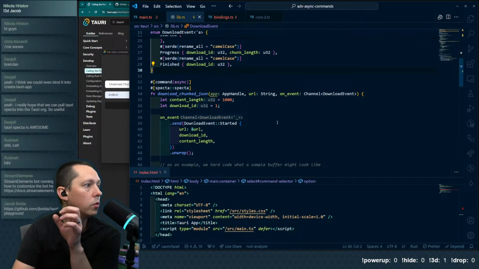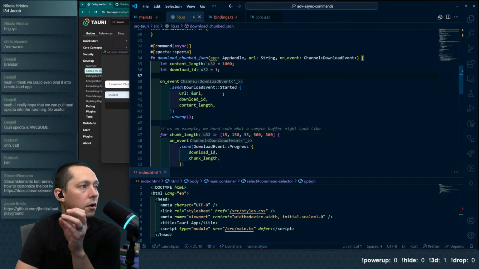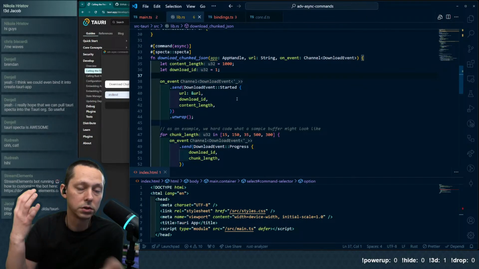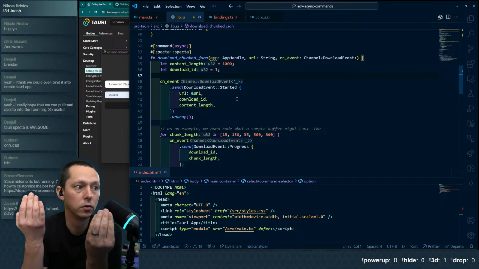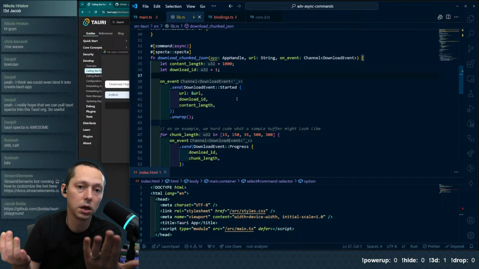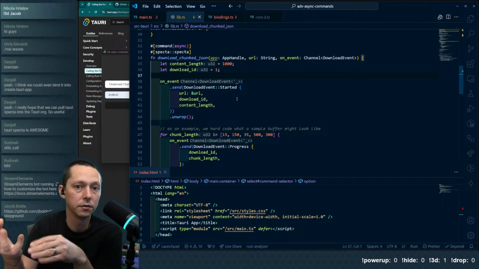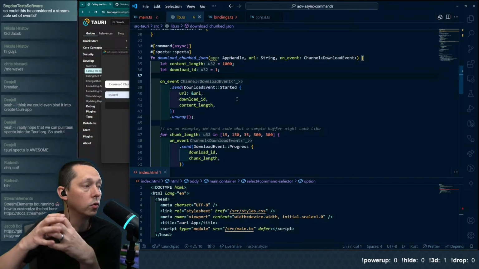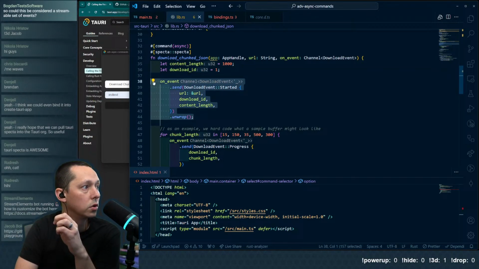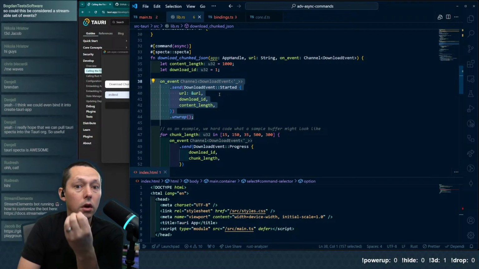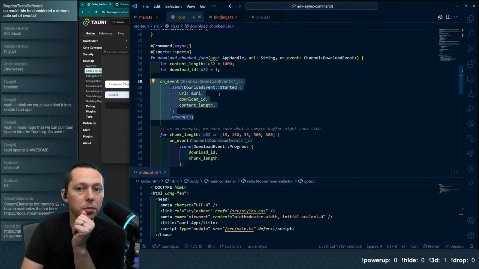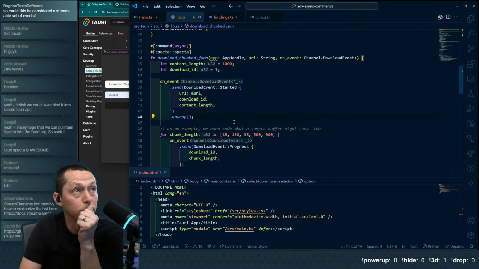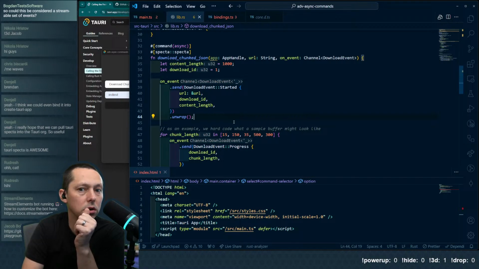So we can make, with the channels, this interaction be asynchronous from both sides. The front end can handle, or it has to handle it async regardless. The Rust side of things can handle asynchronicity, or either sync or async, however you would want to handle it. In which case, whenever work is done, you can send events. So could this be considered a streamable set of events? Yes, I think is the answer.